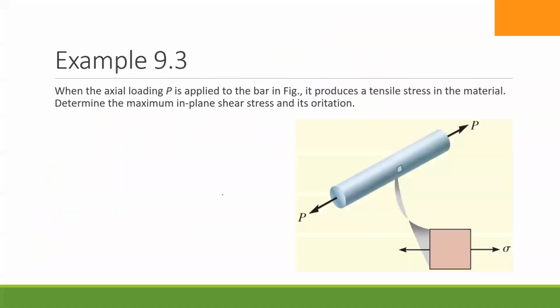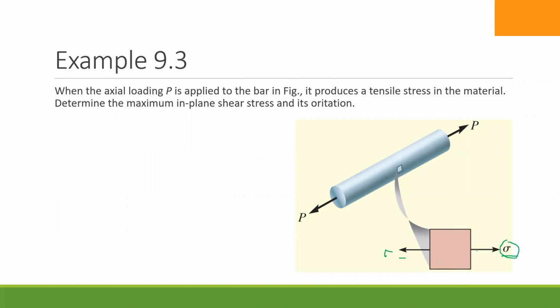Okay, let's practice with an example. Now it is a different example. We have an axial loading system. When there is axial loading, you remember that just normal stress occurs, okay? And we have a one-direction axial force, therefore just in the x direction we have a value, and I want